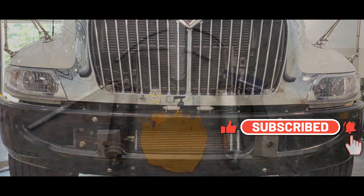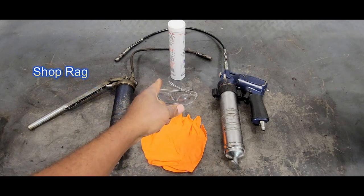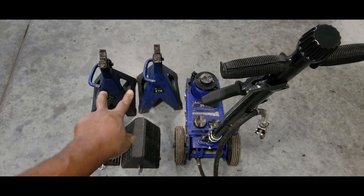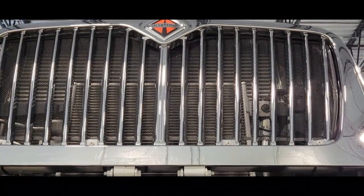So let's begin. To start with, these are the items we're going to be using. You can use a manual grease gun, but I'm going to use an air grease gun, disposable gloves, safety glasses, never hurt, and a tube of grease. Also in this video, we're going to be using a jack, 2 jack stands, 2 chuck blocks, because safety is always first. We're going to go underneath the vehicle, and we're going to work our way all the way to the back. As you can see, we are actually working on a